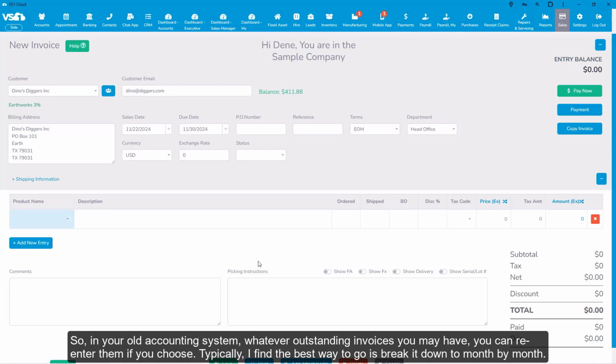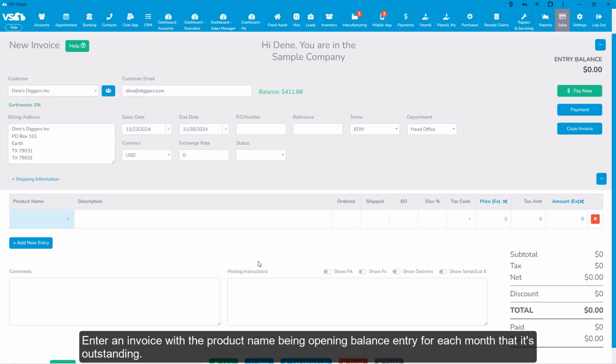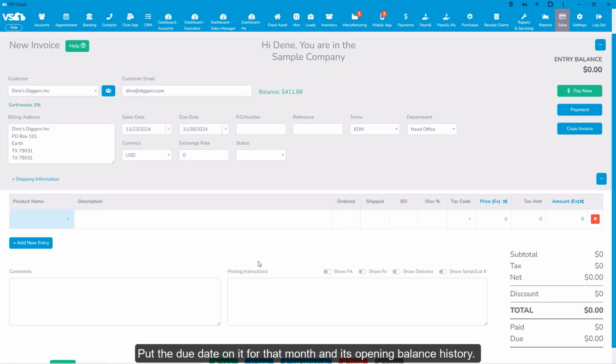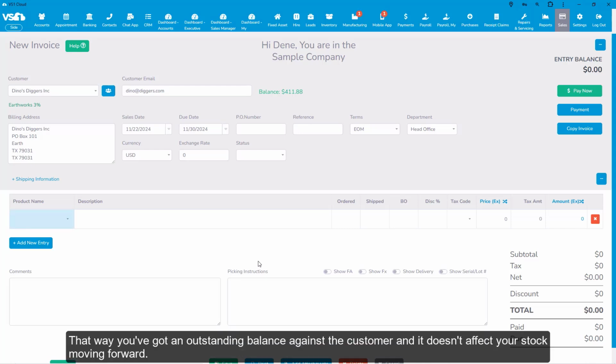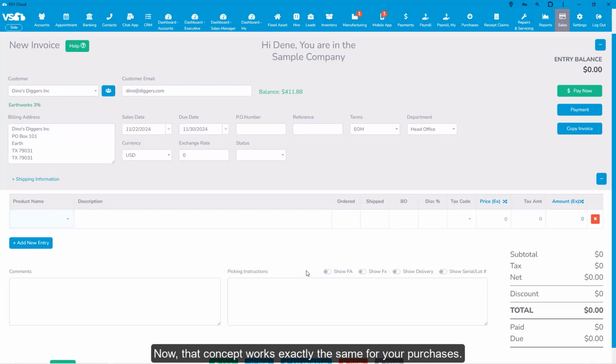Typically I find the best way to go is break it down to month by month, enter an invoice with the product name being opening balance entry for each month that it's outstanding. That way you get a period. So if you have 20 invoices in 1 month for one customer, enter one invoice, put the due date on it for that month, and it's opening balance history. That way you've got an outstanding balance against the customer and it doesn't affect your stock moving forward. Now, that concept works exactly the same